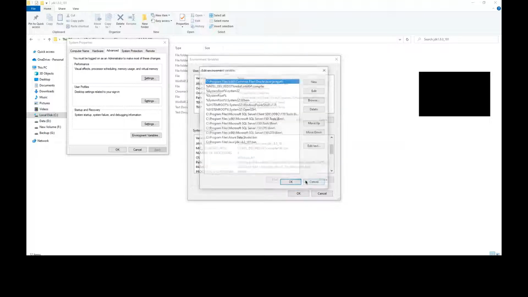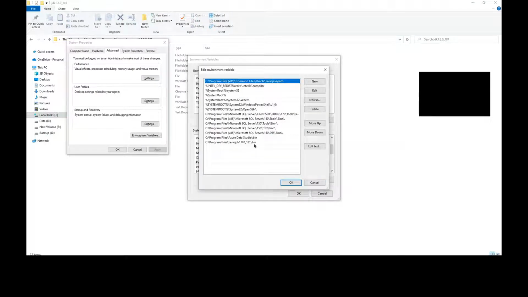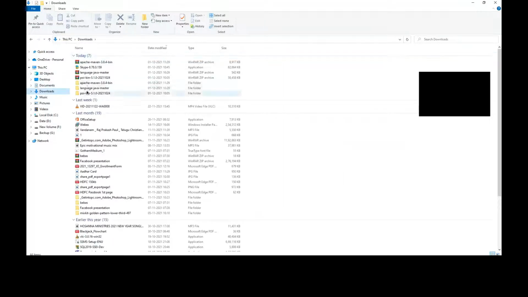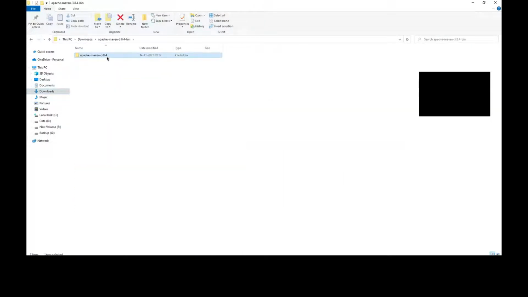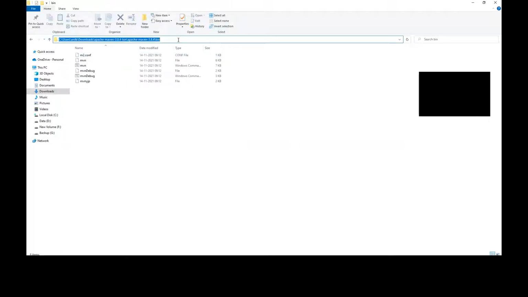Edit and add a new variable, and copy and paste the bin folder of the Maven folder. Apache Maven again, bin, and copy this folder path.